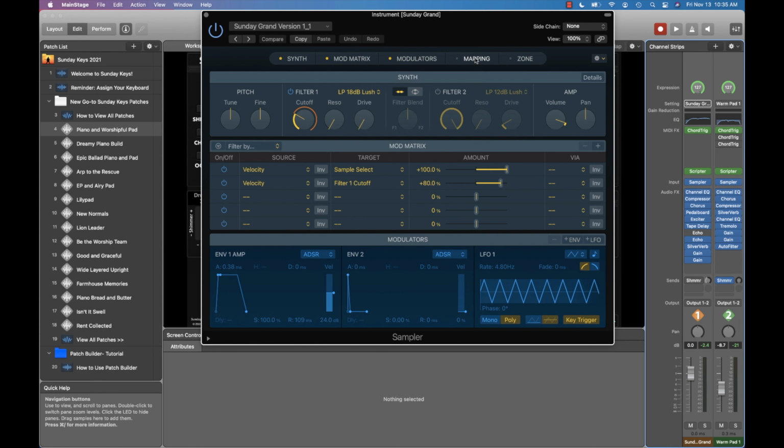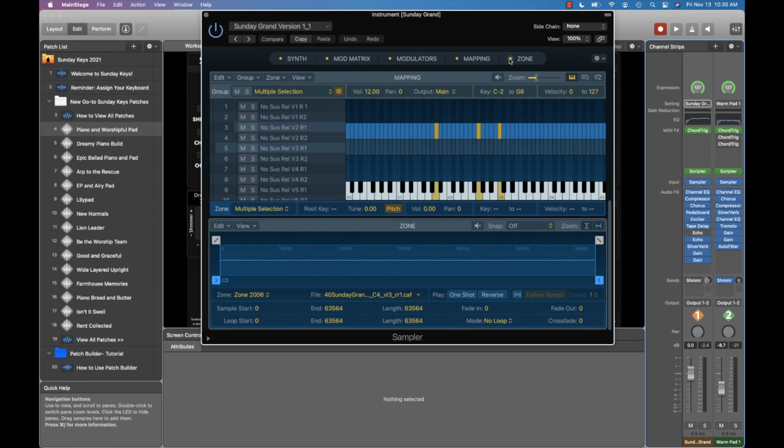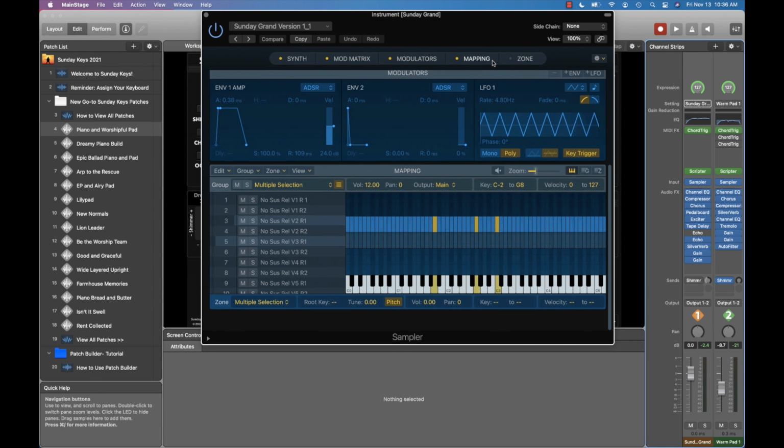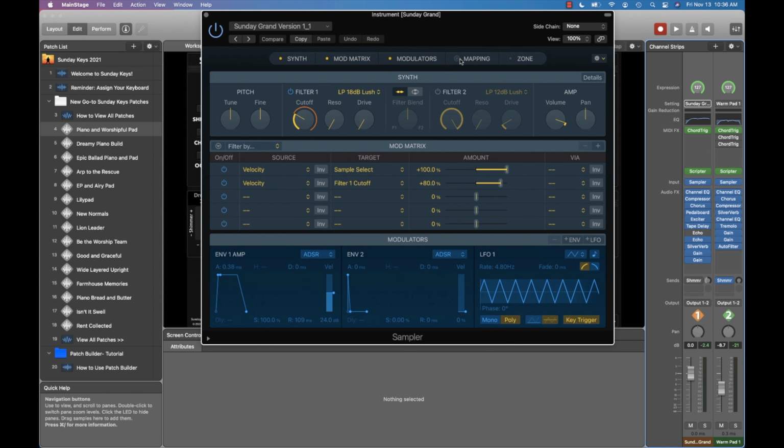Basically, you're able to run any EXS24 instrument inside of Sampler. The great thing about this, especially for me as a sound designer, is that it's just a much more dynamic way to program. You can show or hide all the things that you'd want to get to be able to create and edit a sample-based patch. We've got a really great mod matrix here where you can just add or subtract. You've also got now 2 selectable filters here in the synth area, which is really great. You can run those in series or in parallel. So if you're working with synths, lots of cool options to be able to change things up there.